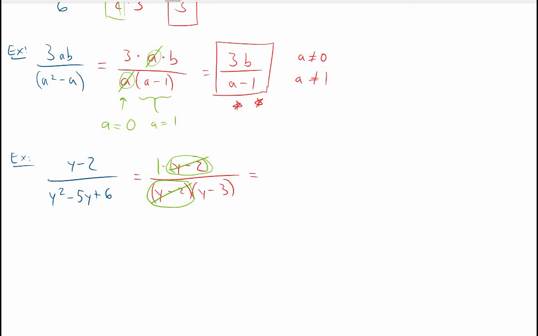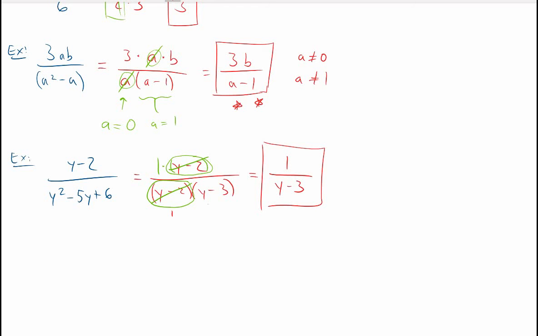But if we look again, we see that the numerator really was y minus 2 times 1. So when we cancel the y minus 2, we're left with a 1. It's critical that we remember every factor when it's canceled is actually leaving behind a 1. We just don't need to write it if it's multiplied by other factors because 1 is the identity element. Like down here in the denominator, really the y minus 2 is leaving a 1 behind, but 1 times y minus 3 is just y minus 3, so we can leave our answer as y minus 3 in the denominator. So the y minus 2's cancel, and we're left with 1 over y minus 3 as our final answer,